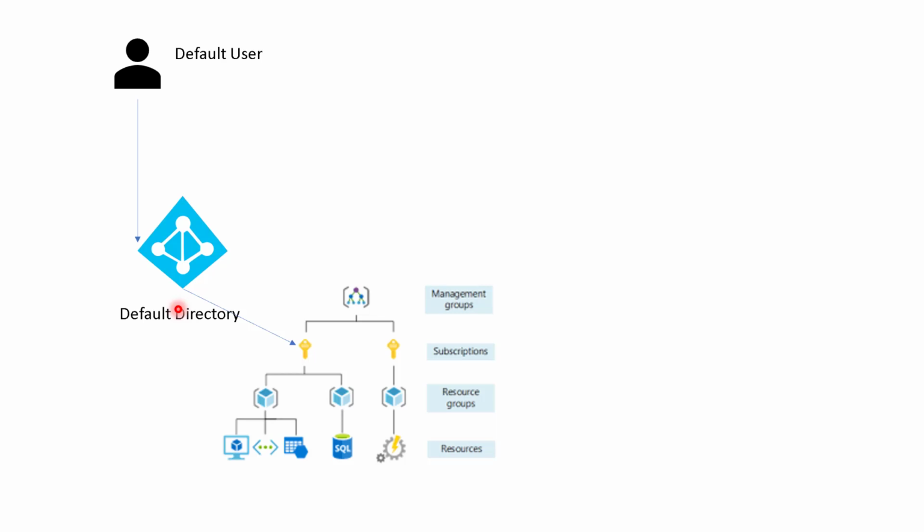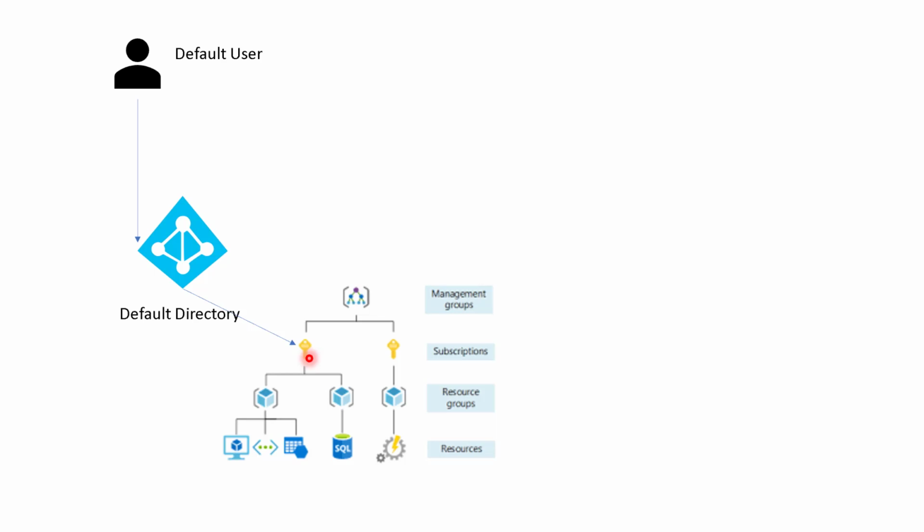Okay, so whenever you create your account in Azure, an Azure Active Directory tenant called Default Directory gets created. Within this directory is a default user. You also get connected to a subscription, which you create initially when you sign into Azure and create your account. Now, it is also possible for you to create another tenant of your Active Directory.